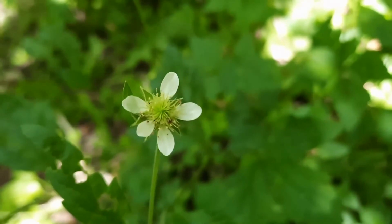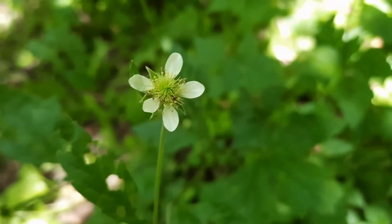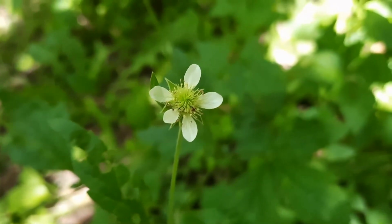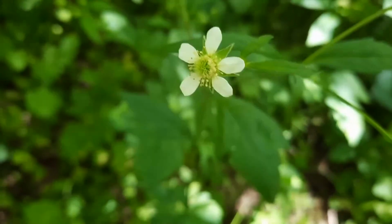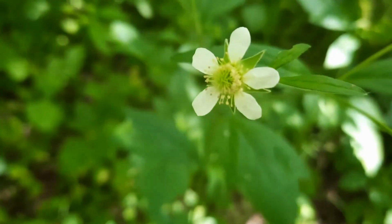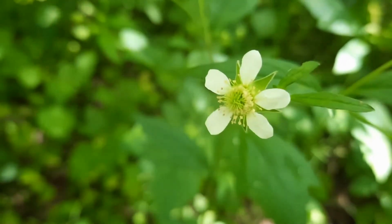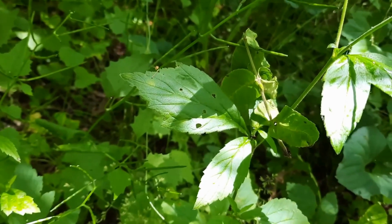And here is a bit of a bonus. This is white Avens, Geum canadensis. So you can see the flower structure is pretty much the same with the exception of the color. I'm trying to focus in, there we go. Check out all those stamens. The plant structure itself is similar in terms of the stem, the leaves,